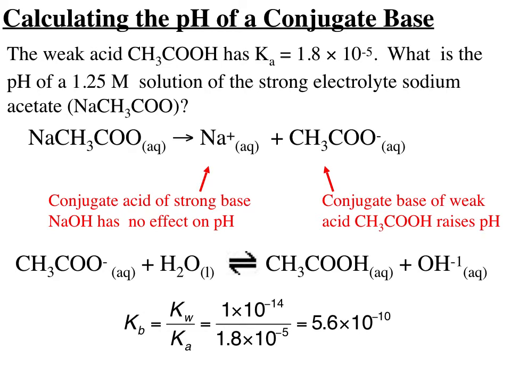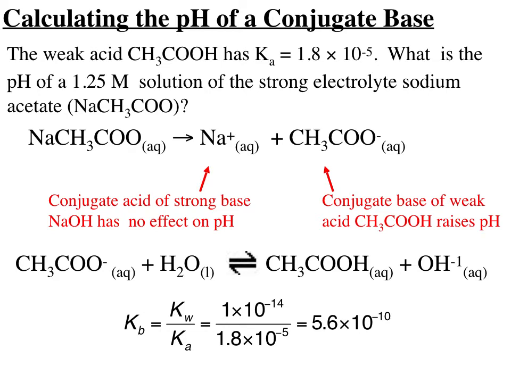After the hydrolysis of an acid in water, we can recognize a conjugate base that is formed in that process. We don't really have the time to go into the ideas of acids and conjugate bases in depth. I'm sure you have done such a thing in your lecture, so I have to work under the assumption that you have some basic knowledge of conjugate bases and their behavior. So in today's lab, I'm going to take a salt, or a strong electrolyte that is an ionic compound, which has as its anion the acetate anion. An acetate anion, CH3COO-, is the conjugate base of the weak acid acetic acid,